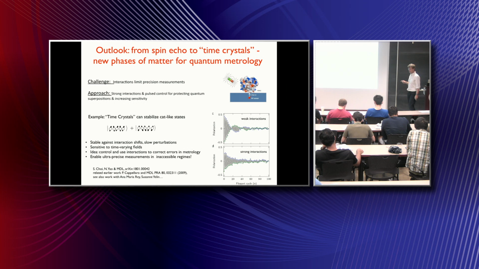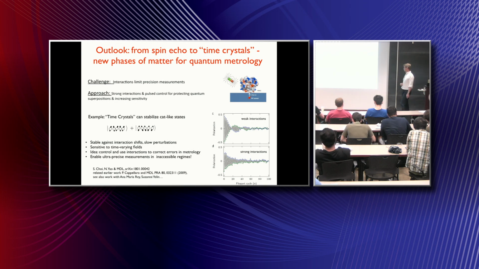And it's precisely what we need if we would like to do these precision measurements. In particular, these time crystals can not only reduce this dephasing, they can also stabilize these non-classical states, which can be very sensitive probes of these external fields. And we and also others are thinking about how to use it, and we have a specific proposal paper on how we can use these discrete time crystalline type